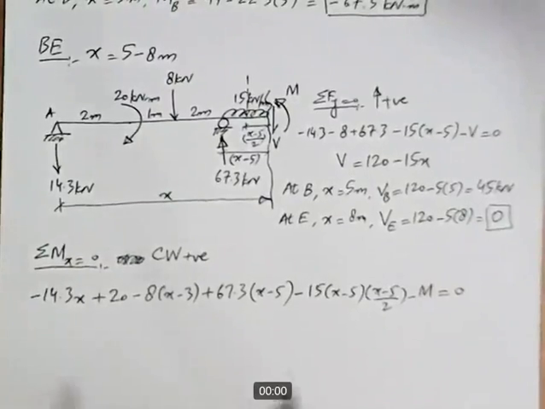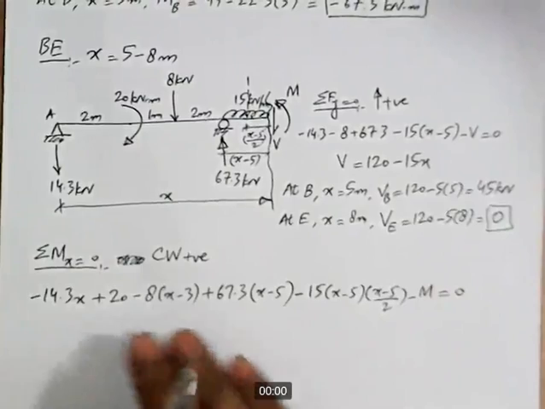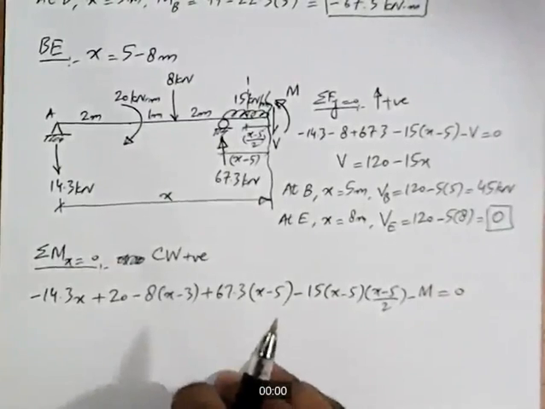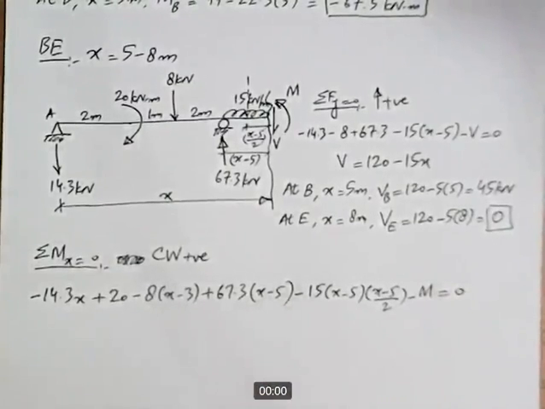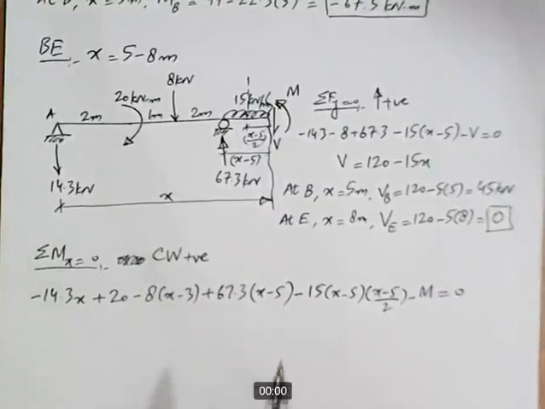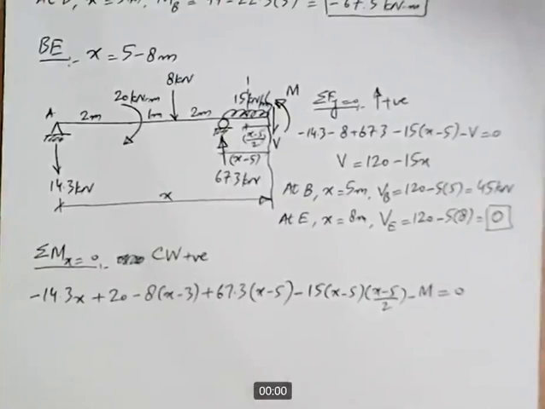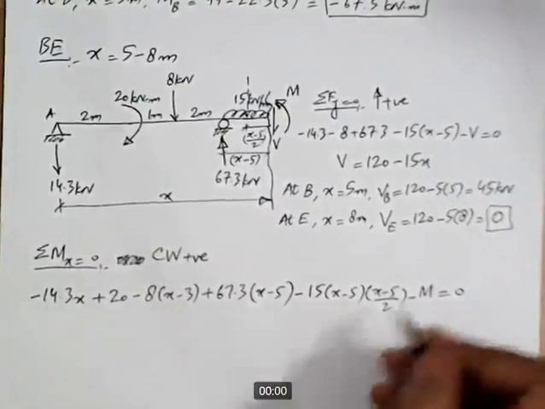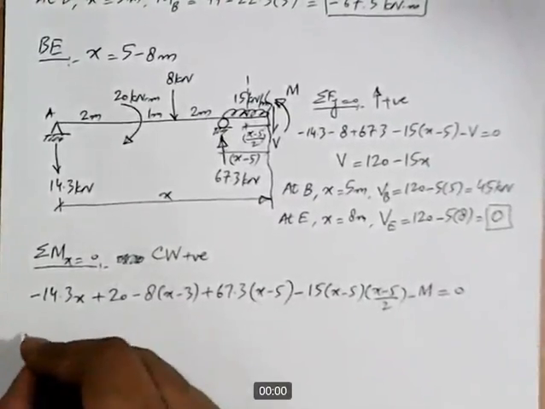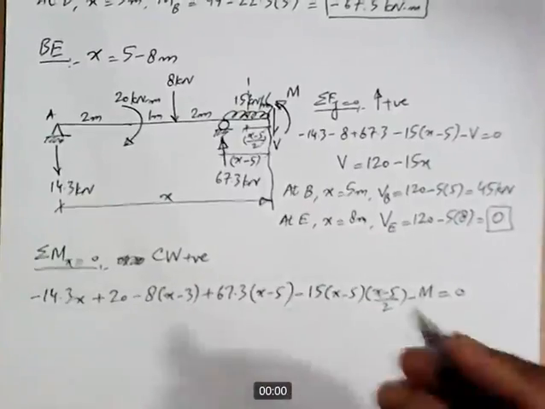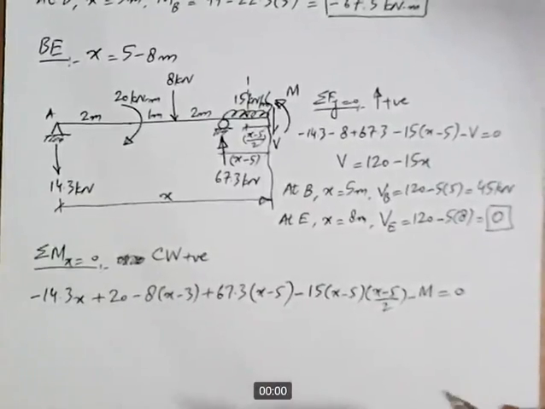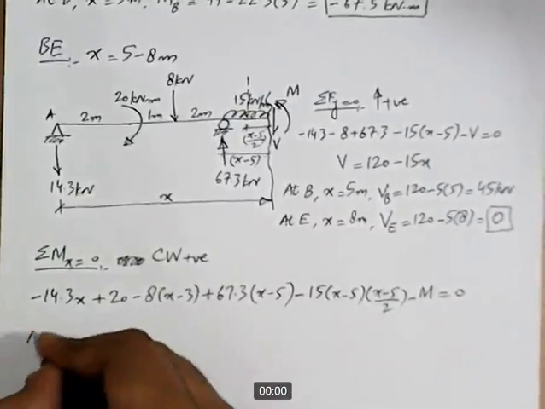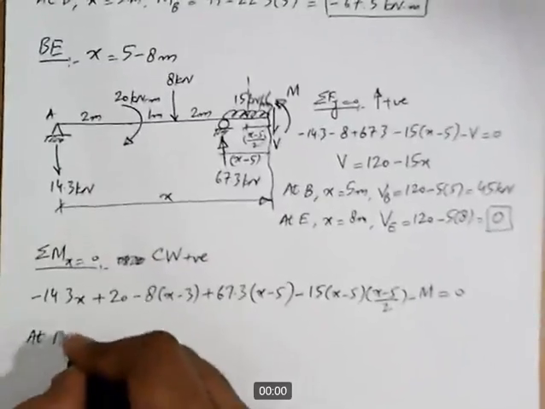Now it is your choice. If you want to simplify the equation, you can do that, or you can simply plug in the value of x and get the answers for bending moment at point B and point E. So I think I will not simplify this, because that will involve more calculations, and I think we can avoid that. At B,